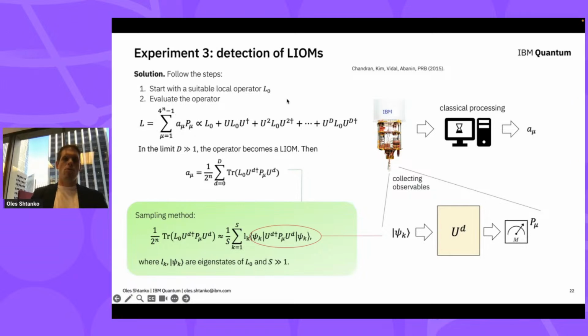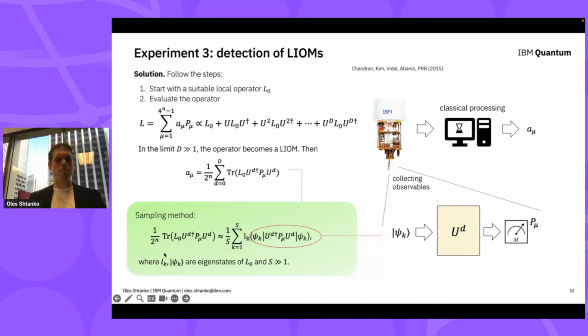And then, knowing this strategy, you can express this coefficient A mu, which we were talking about on the previous slide, as nothing but what we call a two-time correlation function between your initial guess and the Pauli operator for which you want to compute your coefficient. A little bit complicated, but it is what it is. So then, of course, you need to estimate this trace, which is, again, not an easy task. And in literature, you can find different methods for how to do it. We do it in a little bit simpler, less sophisticated way, but it's still efficient.